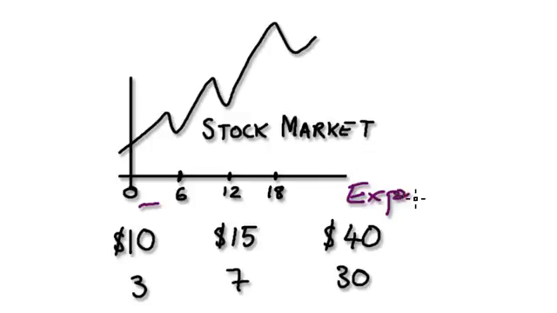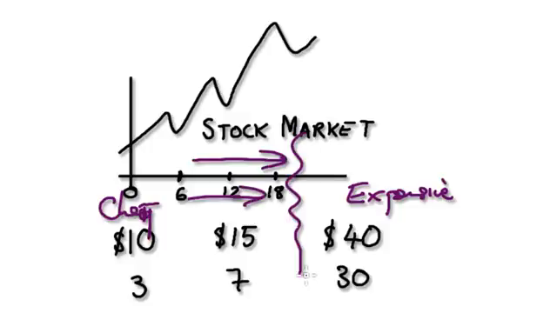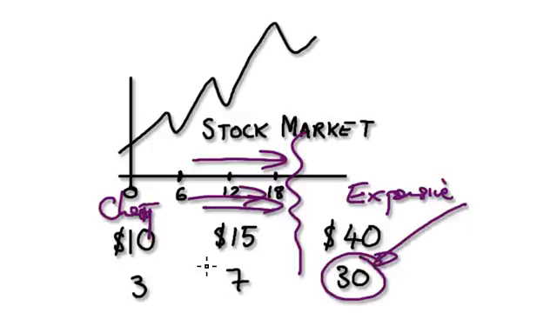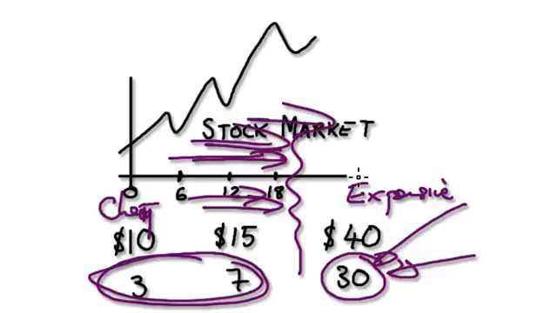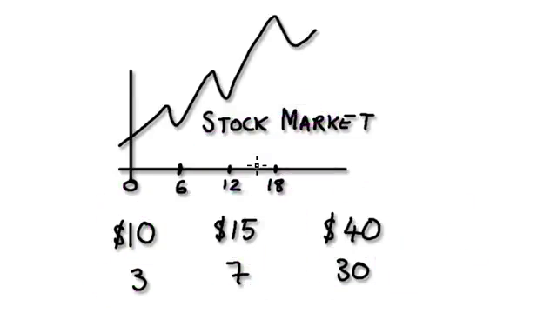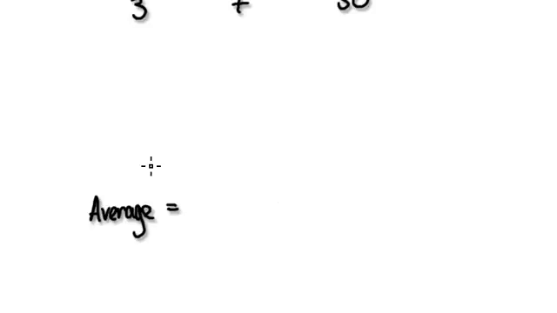So here is expensive, here is cheap. But bear in mind that you bought a lot of expensive shares here. So the average price would skew towards the expensive side, because you've bought a lot of expensive shares, even though you did buy some cheap shares. You're skewing your average price towards the expensive side. So if someone asked you what would be the average price that you paid for each share,